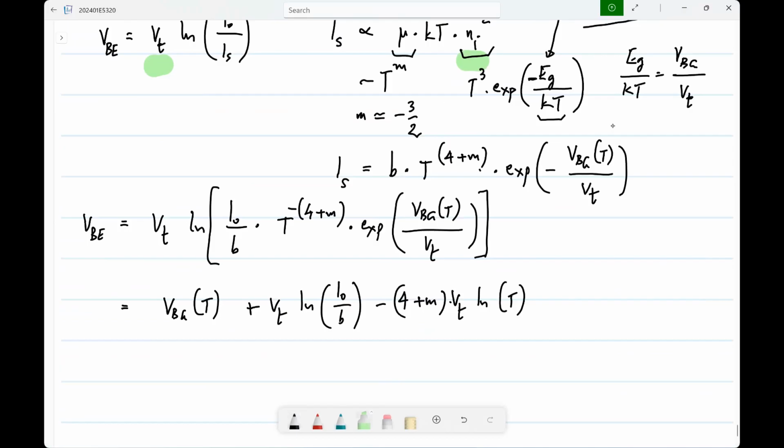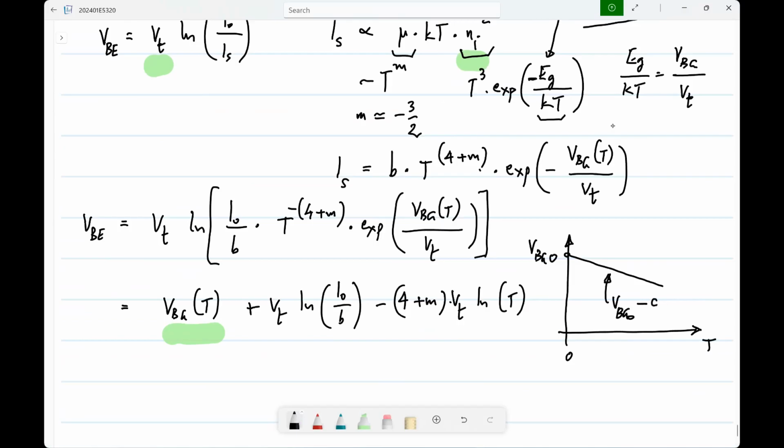Now, this VBG itself is a nonlinear function of temperature. You can get the equation from somewhere, but it can be roughly approximated by a linear function. Here, this is absolute zero, 0 Kelvin. This is VBG0, and then after that it falls off. So again, the bottom line is, because it is falling off linearly,